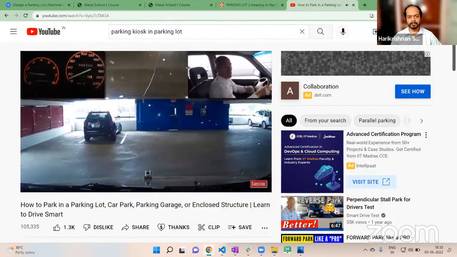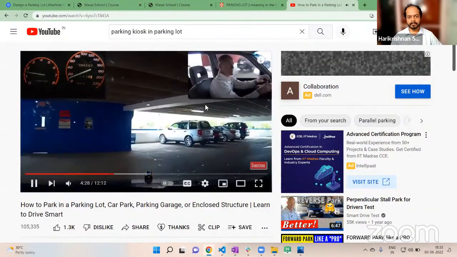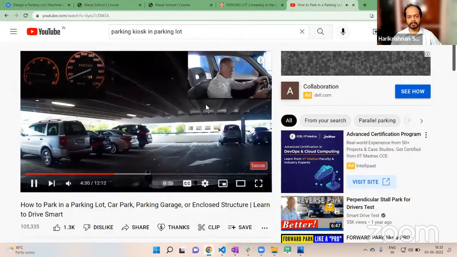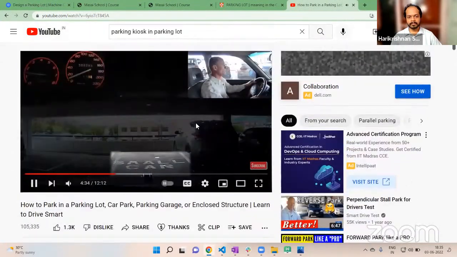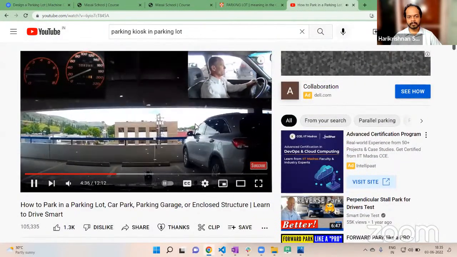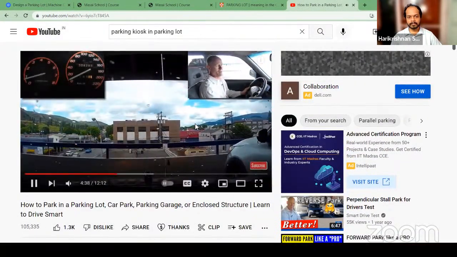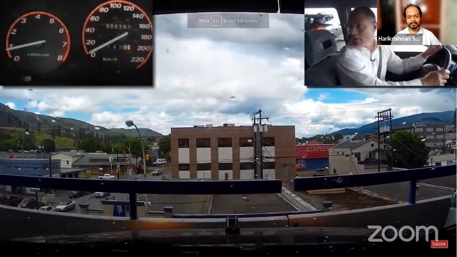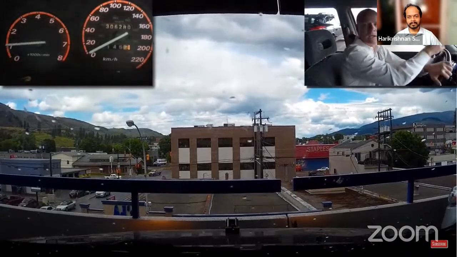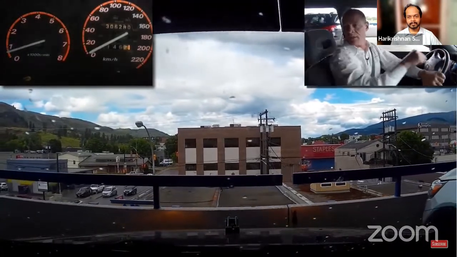Now, I'm going to park one more time. I'm going to go right to the top, and I'll show you how to do this. And again, this is a small car. If you have a bigger vehicle like a Ford F-350 or a big Dodge or a Hummer or whatnot, it's going to be pretty challenging driving in these car parks with a bigger vehicle. If you've got a smaller vehicle like I do, and again, over on this direction here,